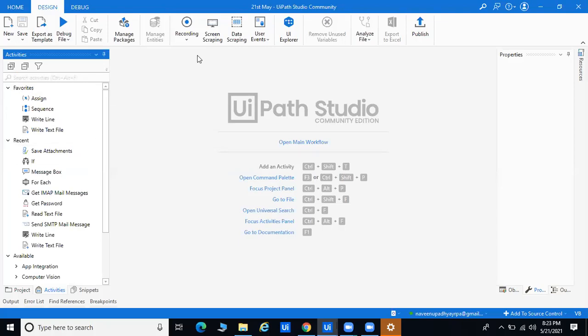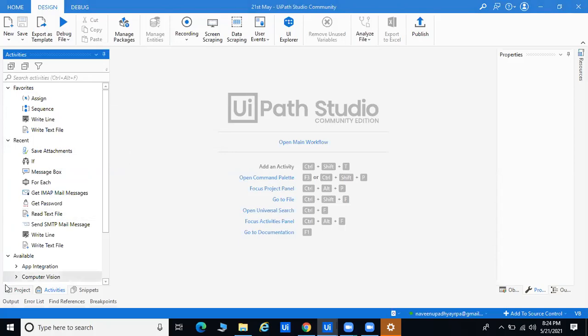Okay. So right now, what will I do? Here I'll try to automate some process. In Java, people say the first thing to try is to write the code for displaying on the console, System.out.println, and in double quotes in parentheses you write hello. The same thing we can do here in RPA.